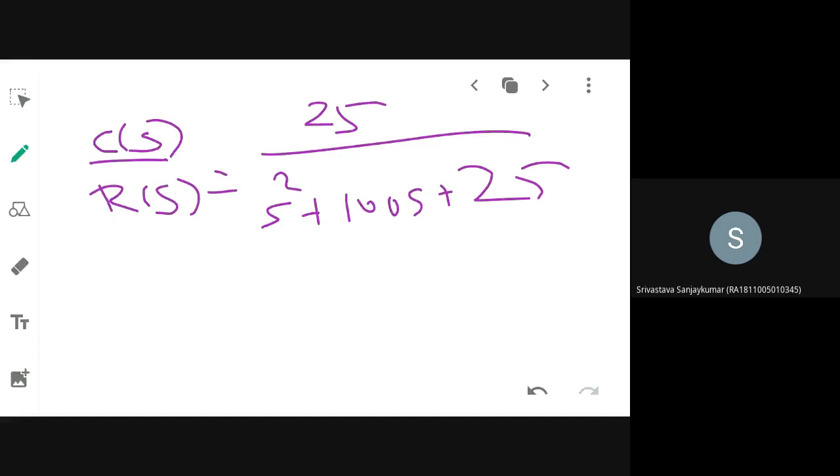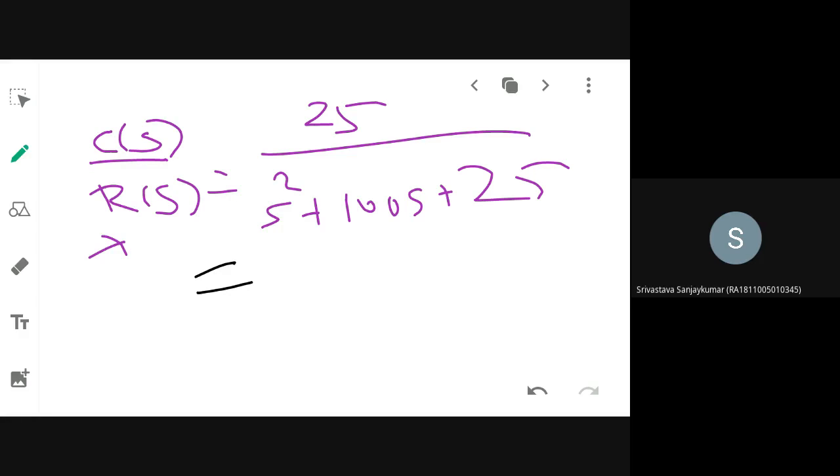Come on. Remember, this sort of problem is very simple to solve. You will be given one system. It may be in a figurative way or it may be a mathematical equation like this. So this is what order system? Second order system. Okay, so you can equate that to one general representation. What is the general representation that I have taught you in the initial class?